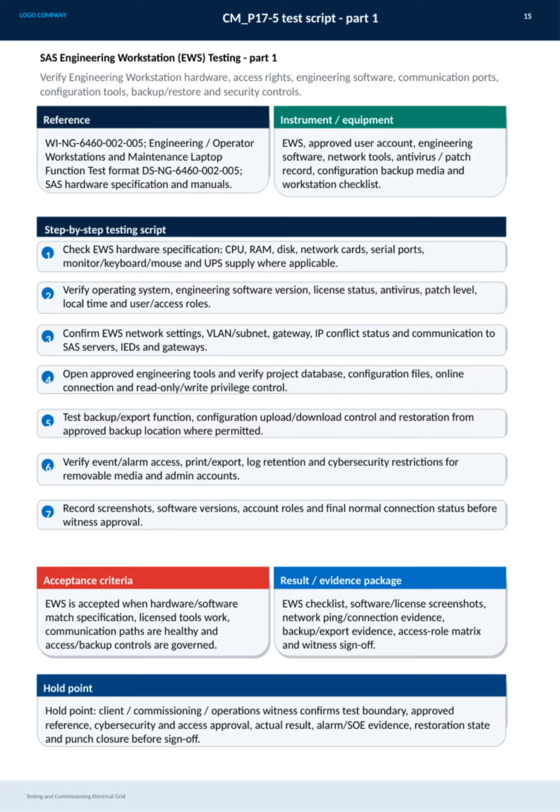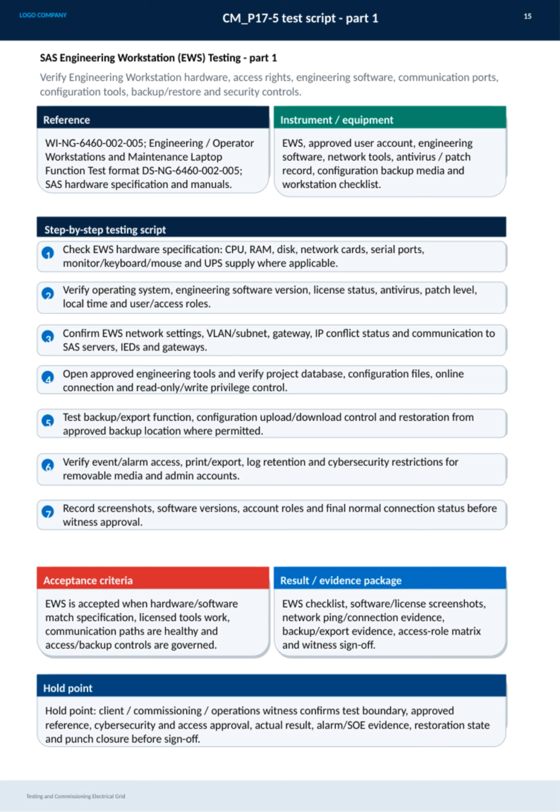Here we focus on the testing and commissioning of the SAS Engineering Workstation, or EWS, which is a critical component in the electrical grid system. The main goal here is to thoroughly verify the hardware specifications, software integrity, access rights, and communication settings of the workstation. We'll start by checking the physical hardware, things like CPU, RAM, disk, network cards, and peripherals, including the UPS